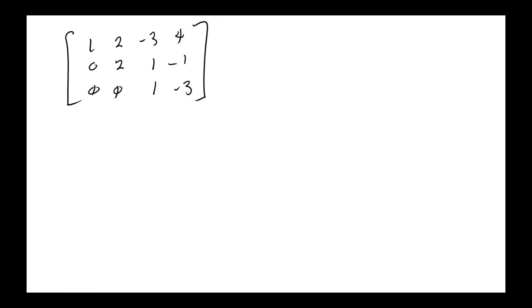Why not? The second row's leading non-zero entry is a 2, not a 1. Now, to get this to be row echelon form, just divide that second row by 2. That would be 0, 1, 1/2, -1/2. That would then be in row echelon form. Would it be in reduced row echelon form? No, because the numbers above those leading ones would not be zeros. So it's not row echelon, nor would it be, of course, reduced row echelon.